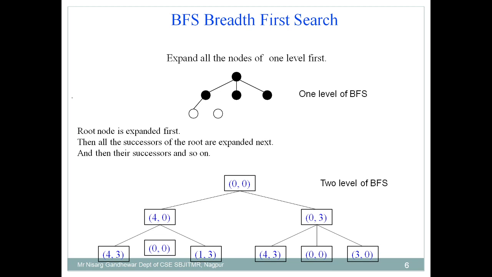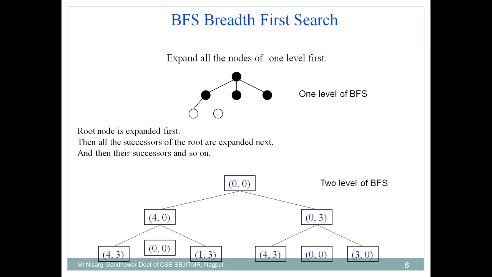What is a level search technique? It searches all the nodes present at one level, then it goes to the next level. Just like here, first of all we consider the root node, then all the nodes present at level 1 are visited, then all the nodes present at the next level should be visited. So this is how your breadth first search works, and breadth first search will make use of a data structure called a queue. These are some important points that you have to understand about breadth first search.